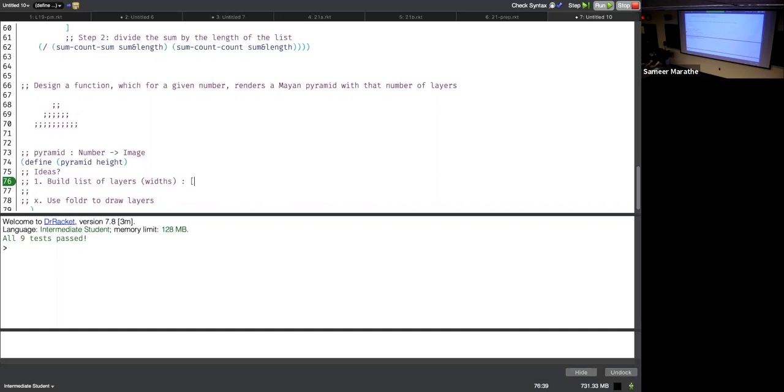So here we want a list of numbers, right? Because we want a list of widths to represent the layers. It's kind of an abstract representation of the pyramid. Here we want an image in the end. Foldr wants a list, right? We could make a string pyramid and then include the list, or something that makes sense of that. Yeah, we could do that. We could just simply have a function that converts a width into an image,